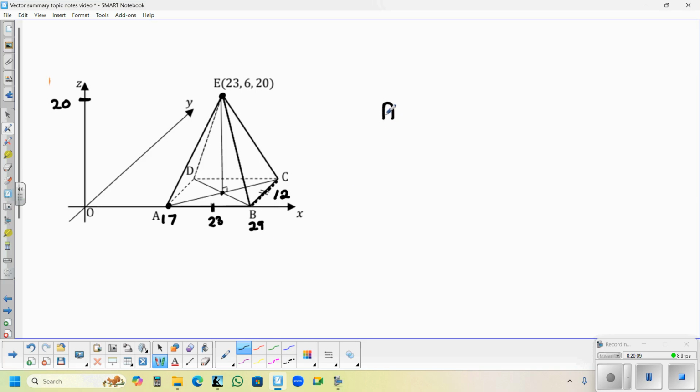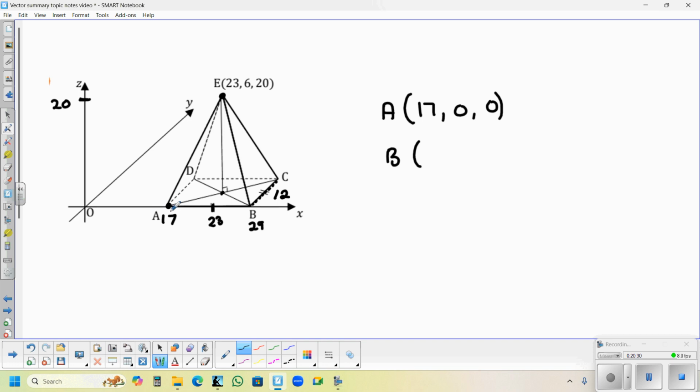So we'll do A. A is the point from the origin. I go across to 17 on the x-axis, and on the y-axis I don't go any. I'm not going in or out, so that's 0. And I'm not going up or down, so it's 17, 0, 0. Point B